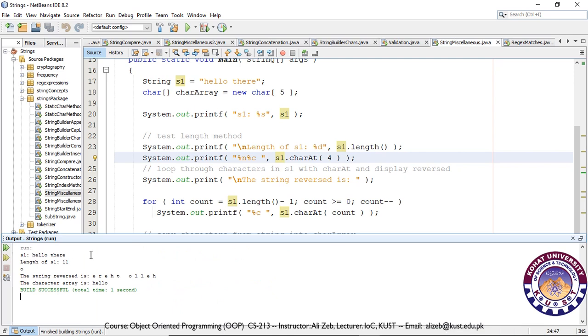So we have the string. The length of the string is 11, so you can count the characters in the string and see if you have 11 characters over there. So 0 1 2 3 4 5 6, and you will also count the space, 7 8 9 10 11. So we have 11 characters in this string,